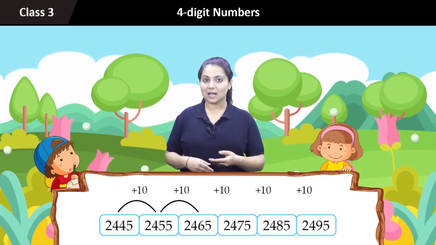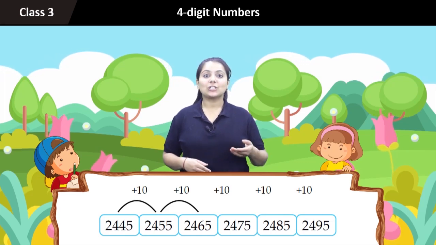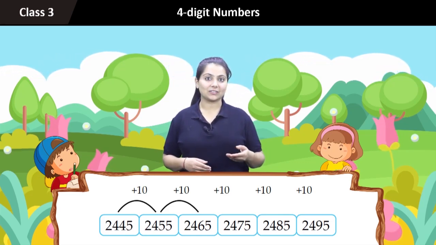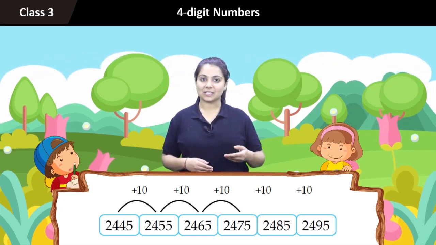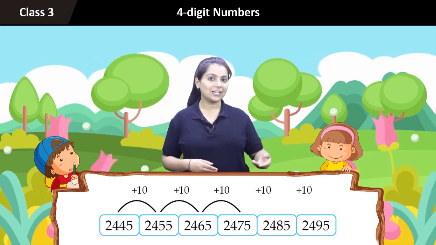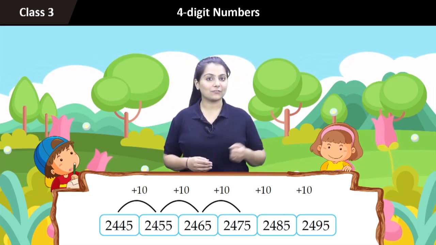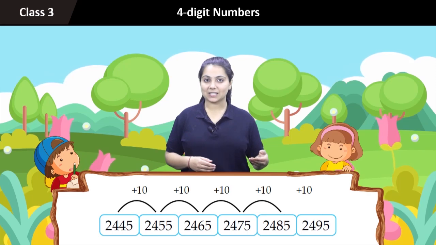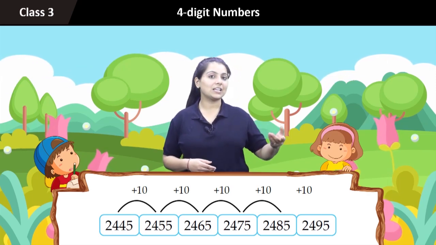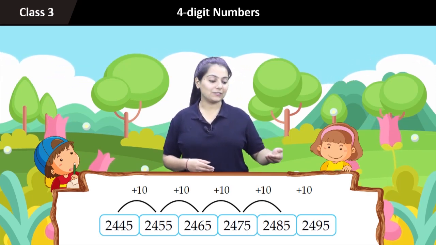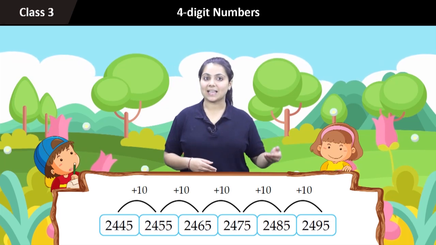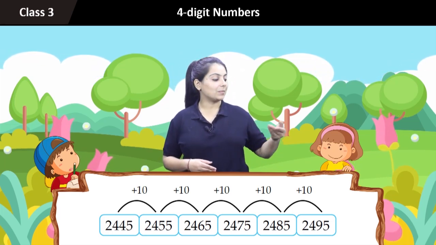Again add 10 to this number and the number will be 2465. Now again add 10 to this number. The number will be 2475. Again add 10 to this number. The number will be 2485. Again let's add 10 to the number. The number will be